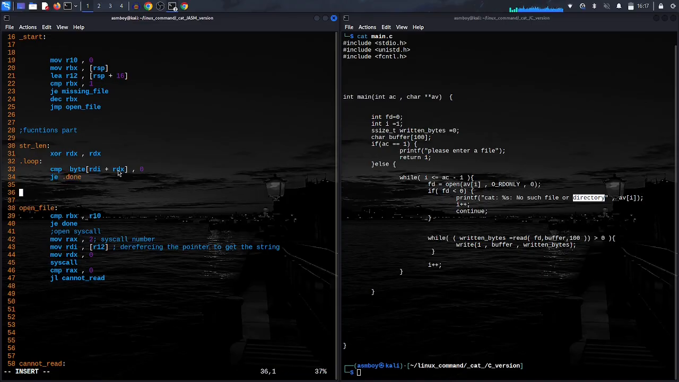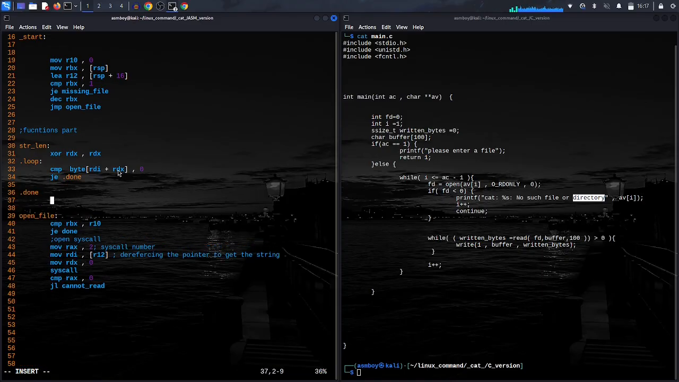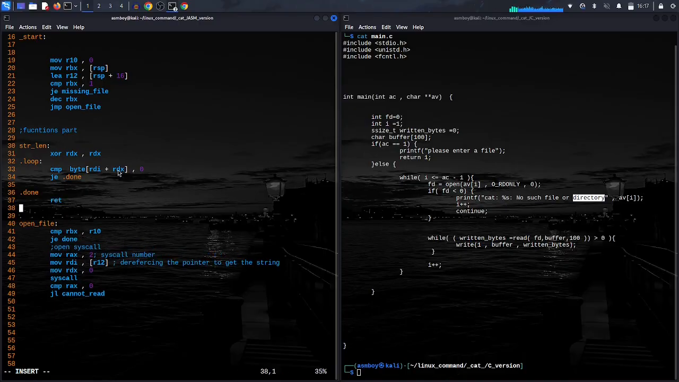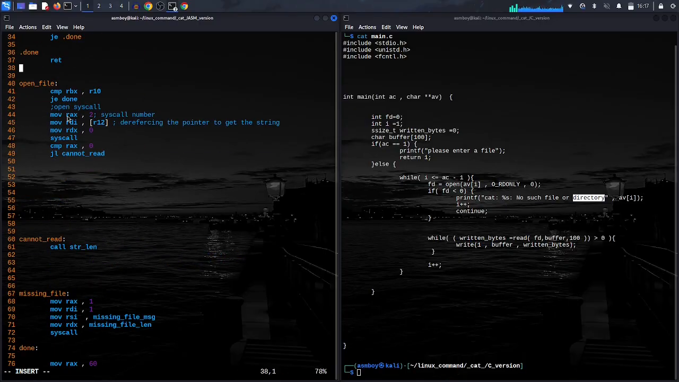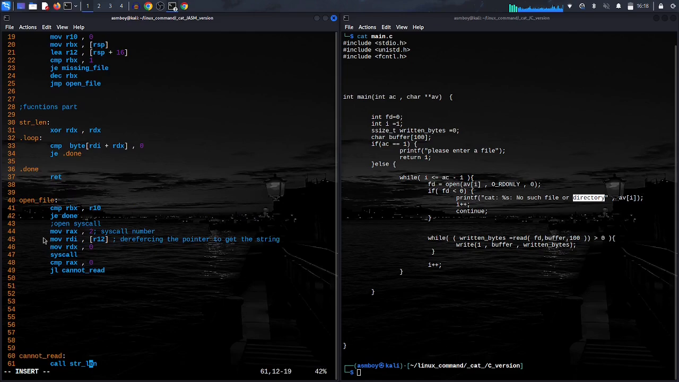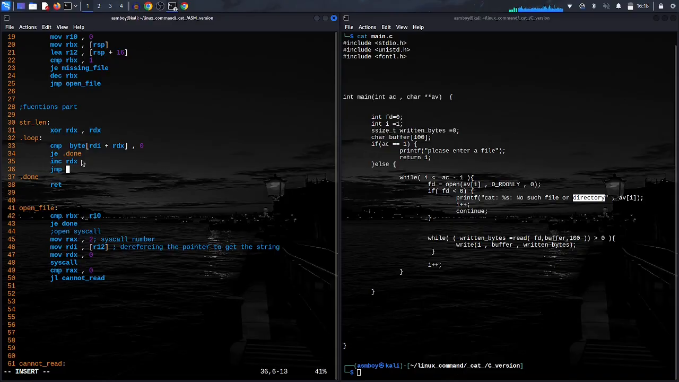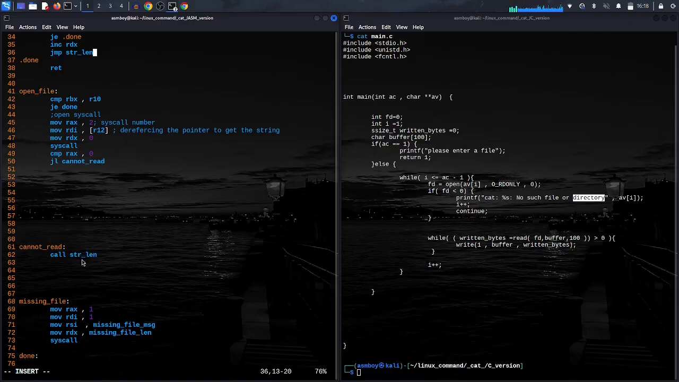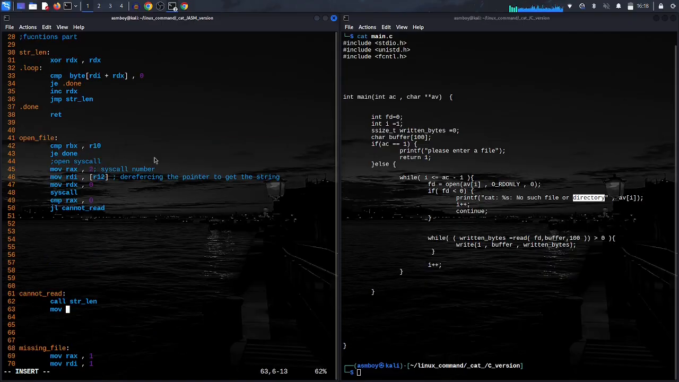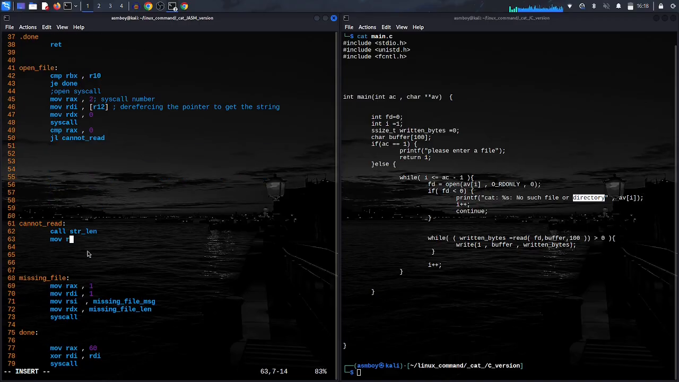with points here. Okay, this done, we have just return. So return is going to return us to the next instruction. So here we're going just to increment the rdx and jump to strlen. Good, let's continue. Okay, so here we have in the rdx the length of this string, and we're going to